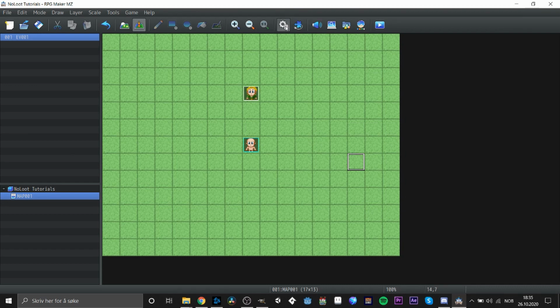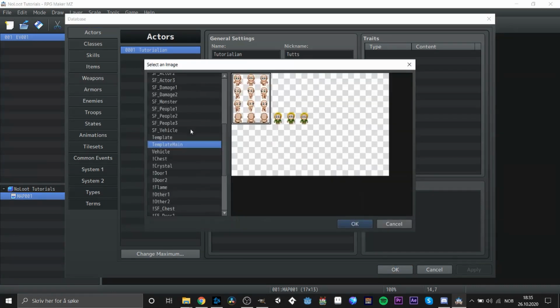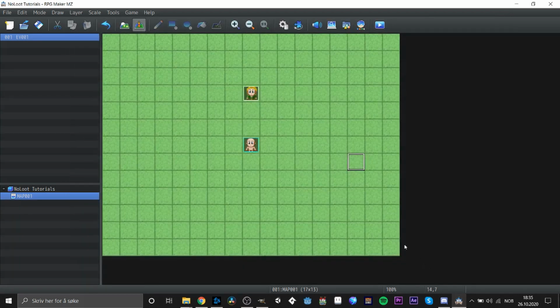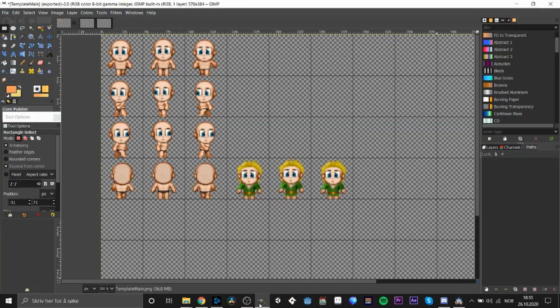So if we just test that, I'm used to MV, not MZ. Yeah, hey, here he is. Yeah. And now that you got him, with this character,